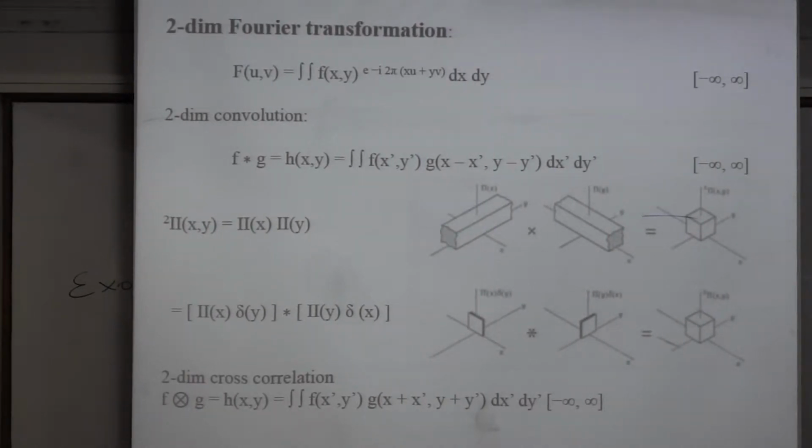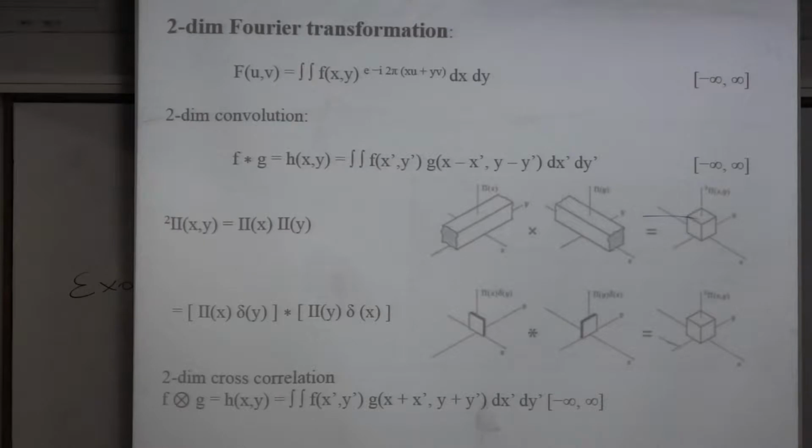And a few more of these functions that need to sometimes be specified in 2 directions. This one is rather a nice weirdo. Either you take a pi of x times a pi of y, a block function in the x direction, times a block function in the y direction. That makes you a nice cube at the origin.